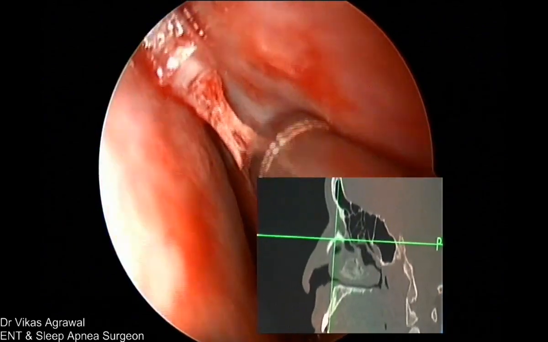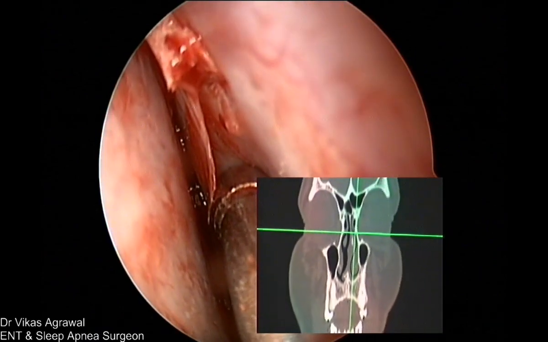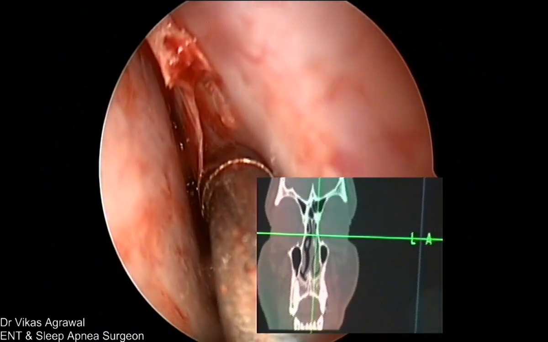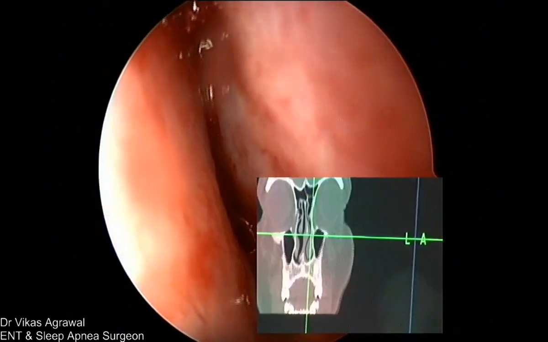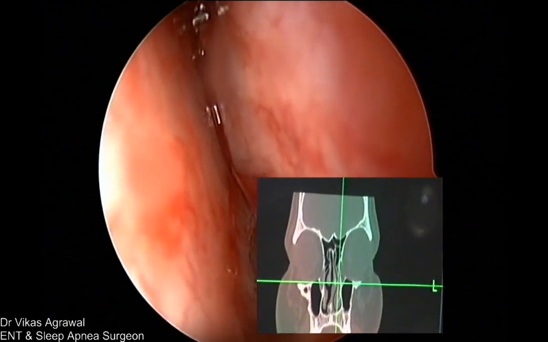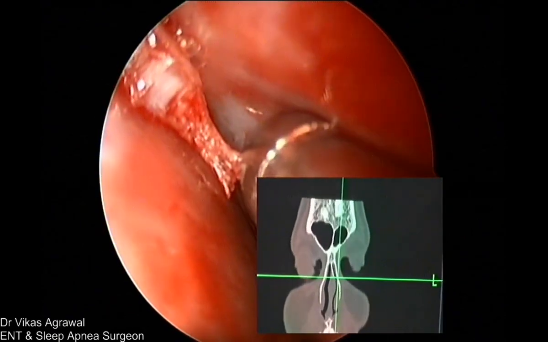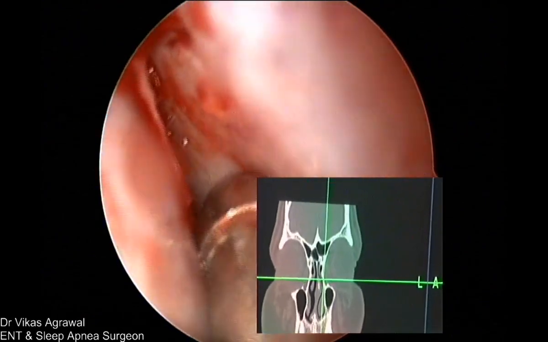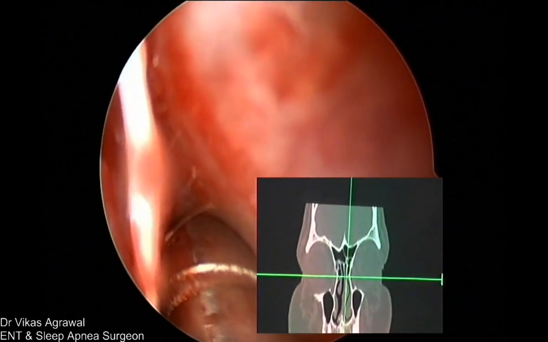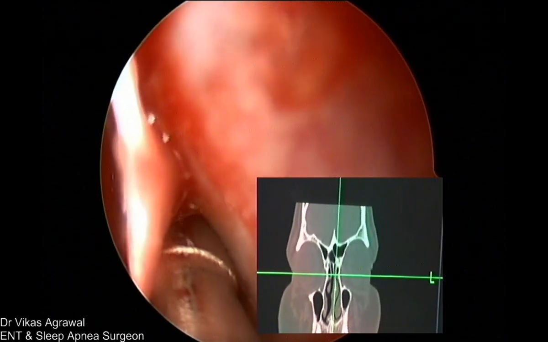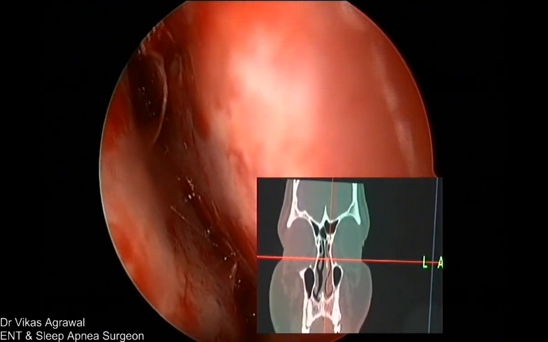Now see, this is the thick bone. Go back to... Is it light? So see, this is the thick bone which is below the frontal sinus, and it's only the thin bone which is below the skull base. See it, right? Now if I go so behind and so up, still it is below the frontal sinus. So there is no problem in breaking and